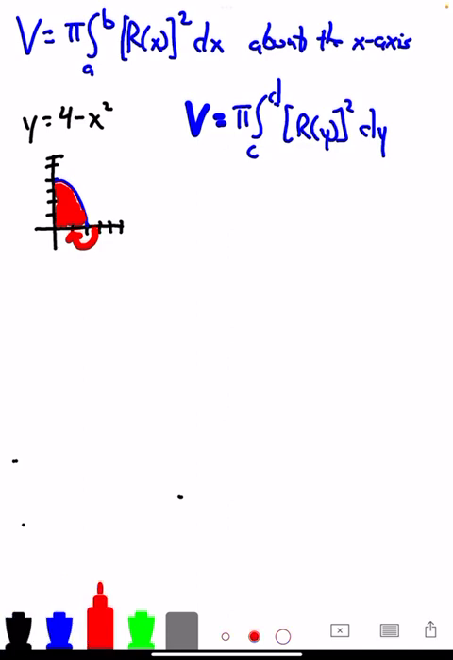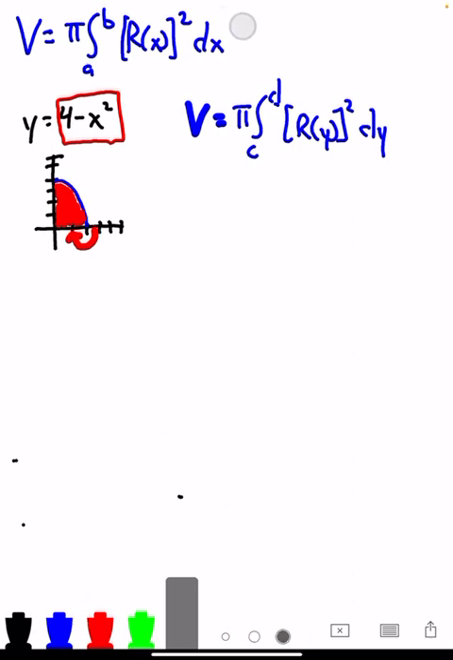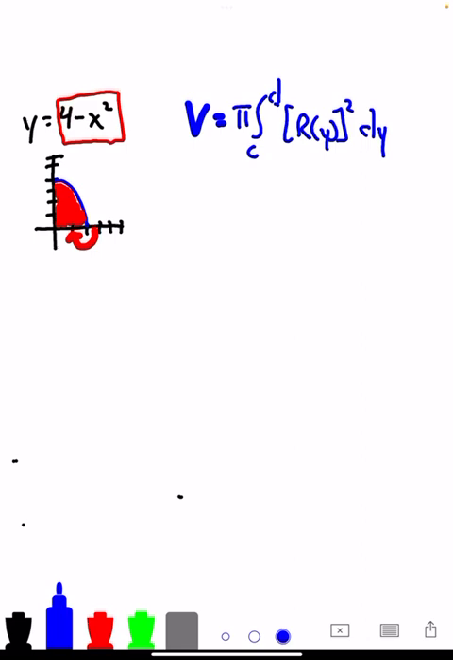this problem right here is set up to go about the x-axis. Okay, but we're not looking to go about the x-axis anymore. Now we're looking to go about the y-axis. So we have to set our problem up to go about the y-axis this time. Okay, so now the first thing we need to do,